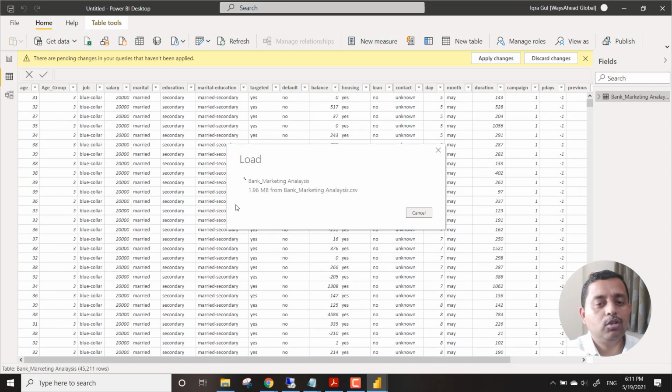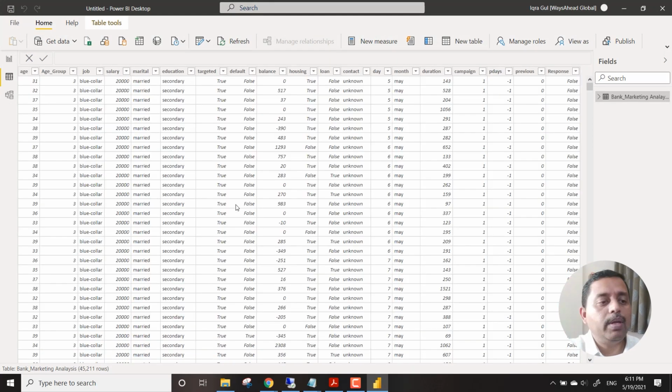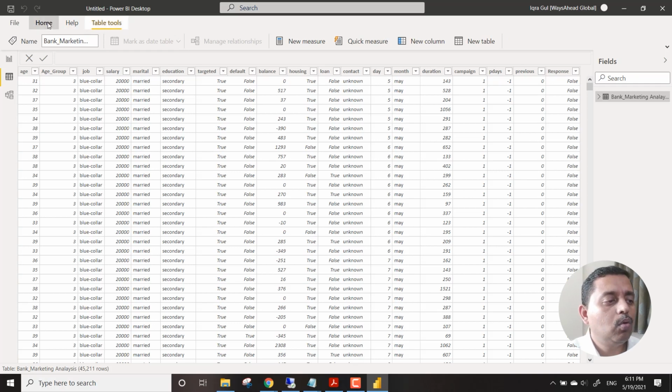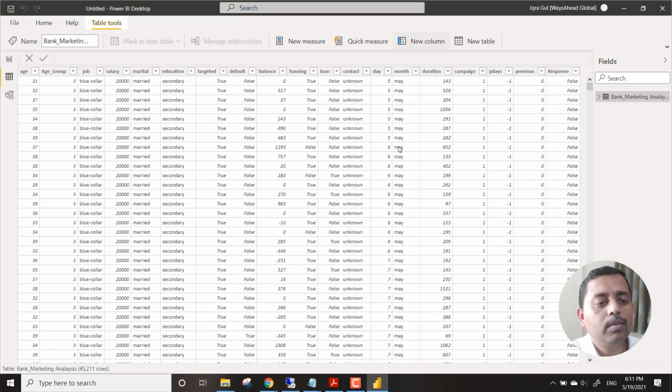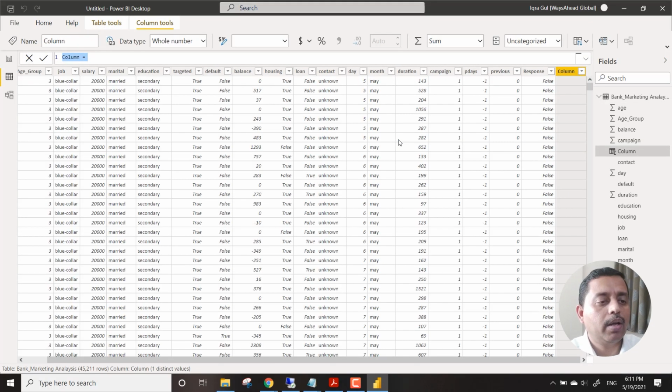So some of the things we have changed over here, and the changes will be applied. True, false, all these things we have done. Now just like our Excel, we can bring in a column to make the date work over here, and we say my date, and then we can use the function date, and let's say we put 2020, which is the year, and the month we can use from month.